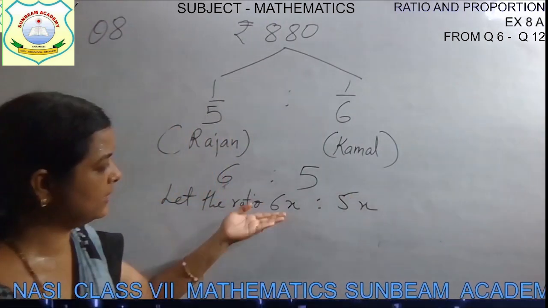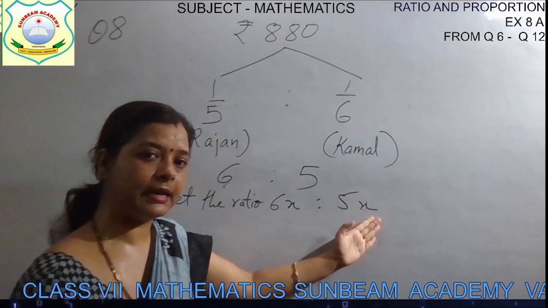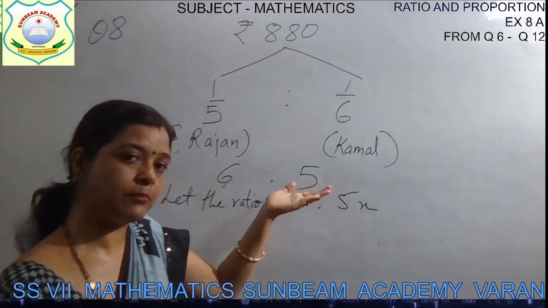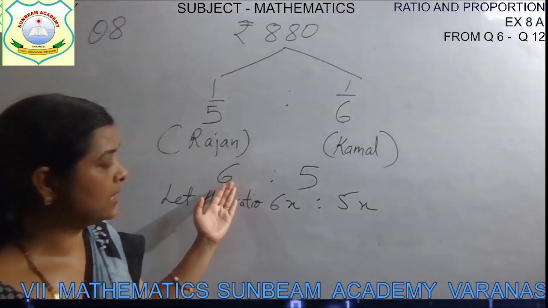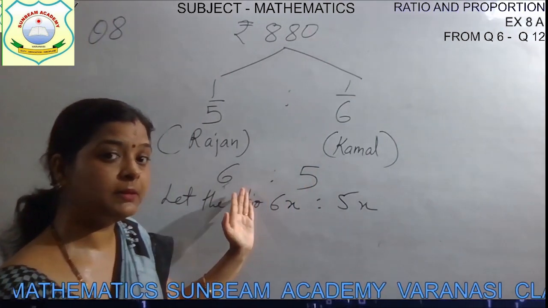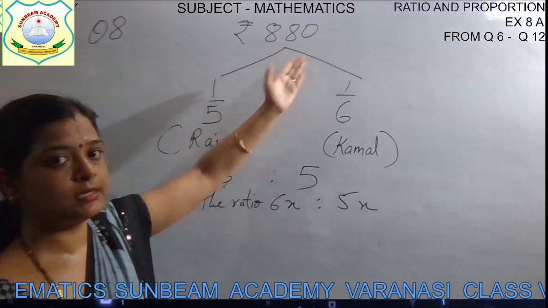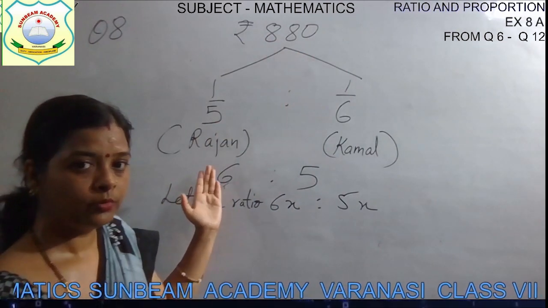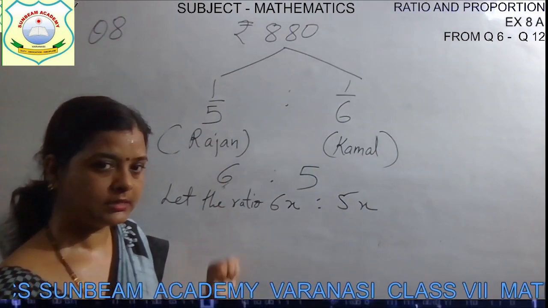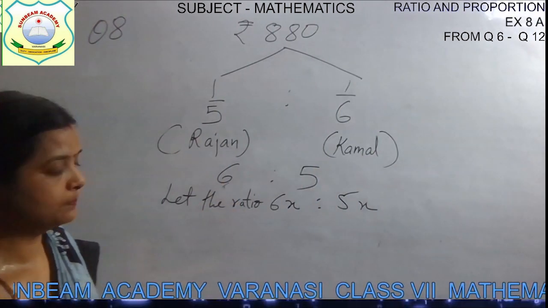Okay, because it will increase in same order. Whatever you will multiply here, it can be multiplied in this part also. It will increase in the same order. Because our answer is not 6 rupees and 5 rupees. It is simplest, children, but it may be something more than this. So that we can divide this 880 to Rajan and Kamal in this ratio. Rajan will get 6 of that part and Kamal will get 5 part.